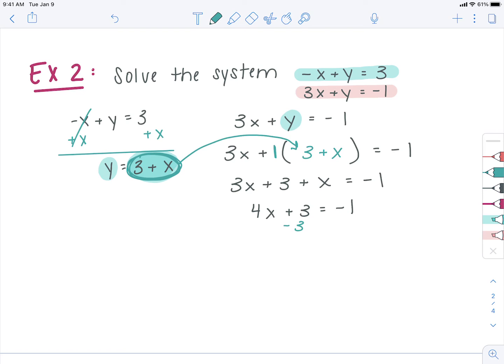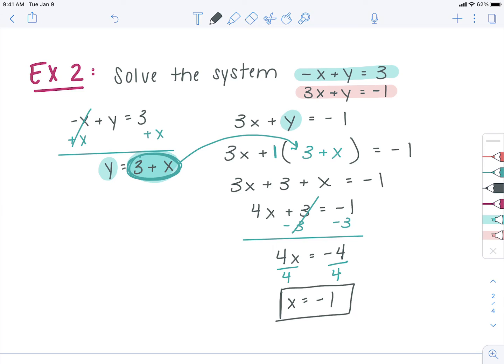Now I've got to move the 3, so I'm going to subtract it. I end up with 4x equals -4. So I divide by 4, divide by 4, and I get x equals -1, which is the first